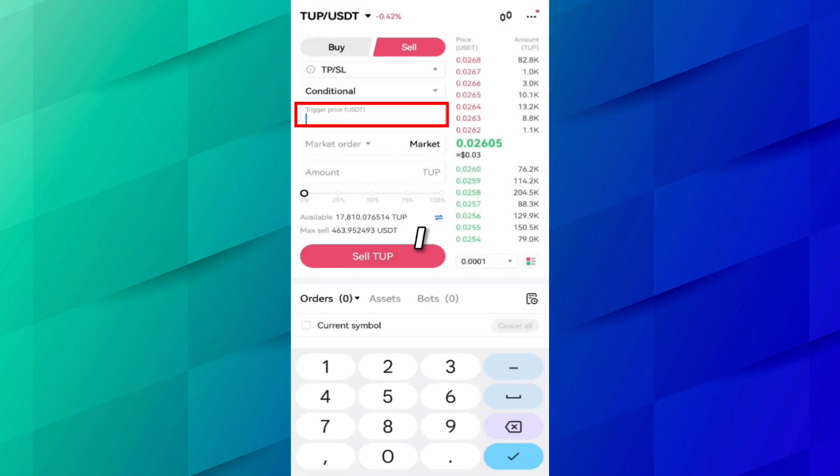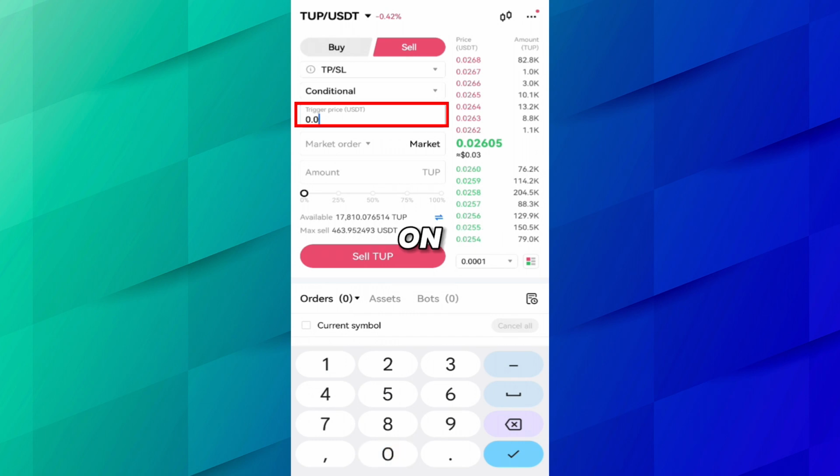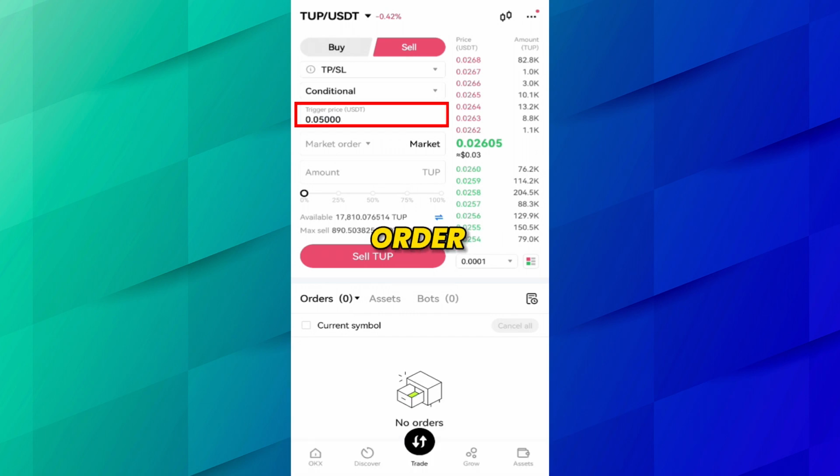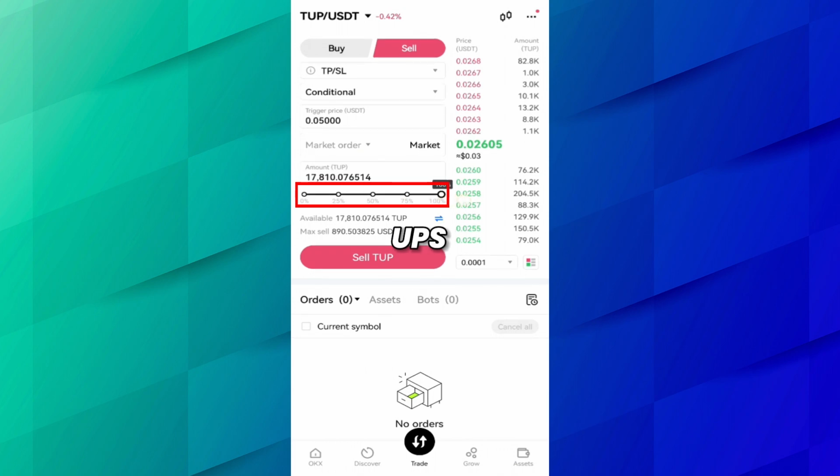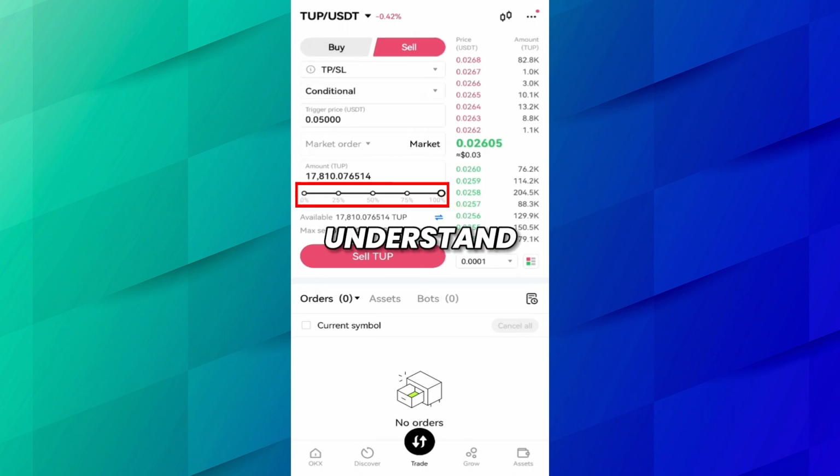Just like I want, when this coin reaches 0.5000, then place a market order and sell all my coins instantly. So here you can understand that we have put a conditional order for the sell purpose. When this coin price reaches 0.05000, then a market order will be placed and all my coins